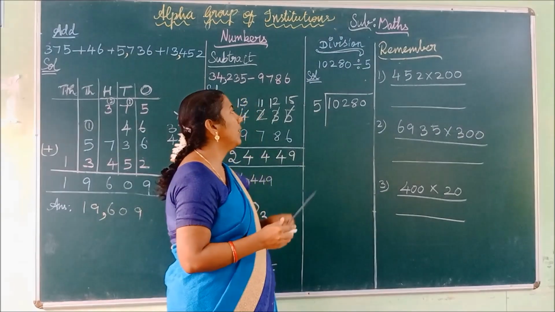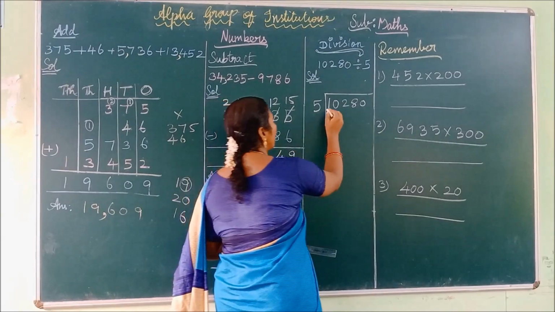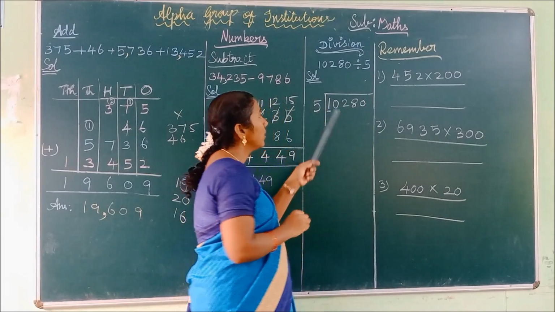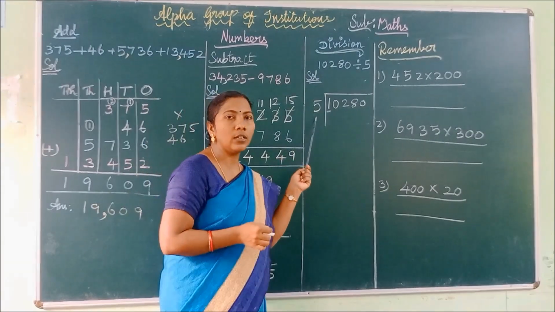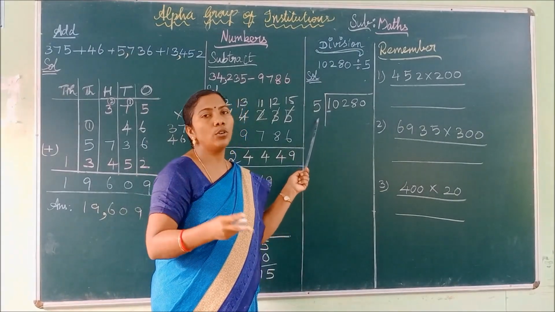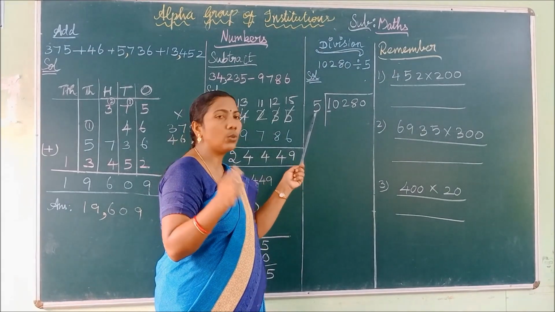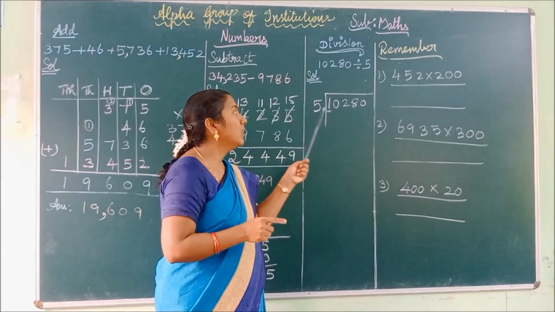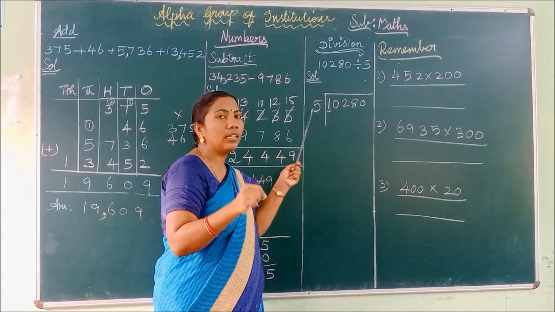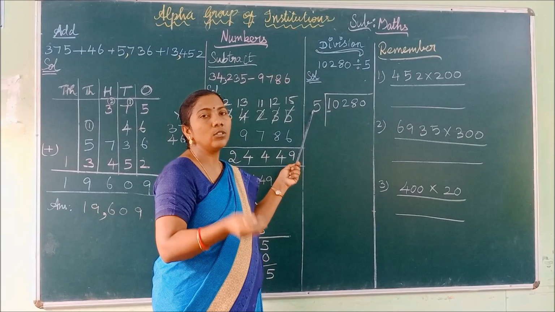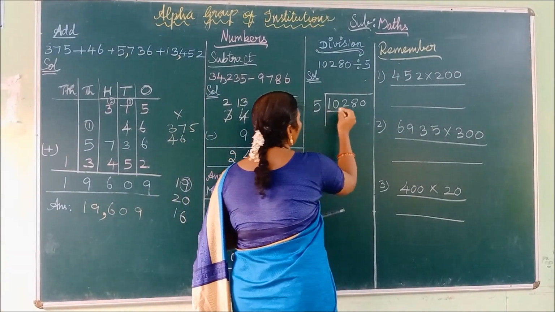Now our divisor is 5. It is a single digit number. So first you have to choose a single digit. But the single digit is 1. It is smaller than the divisor. So you have to choose 2 digits. Here the selected 1 digit is smaller than the divisor, so in that case you have to choose the 2 digits. Thus we have chosen the 2 digits.